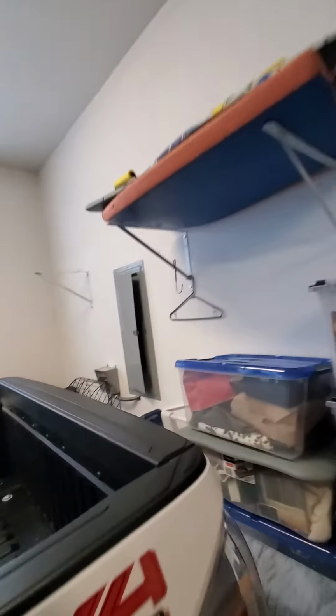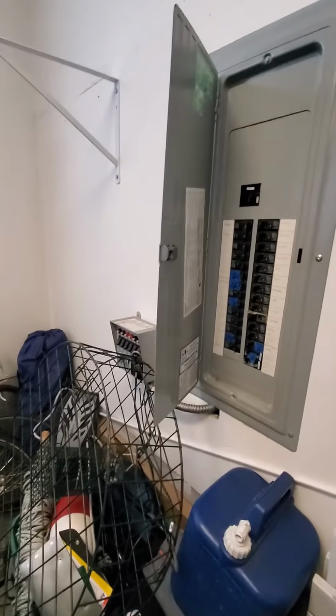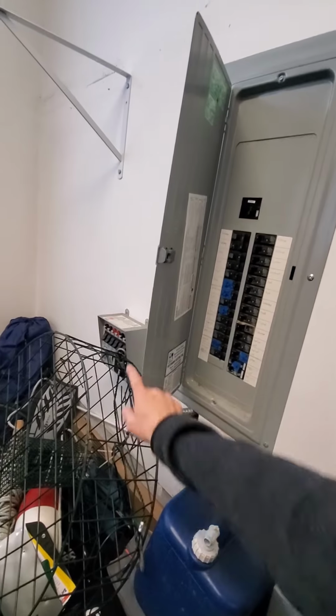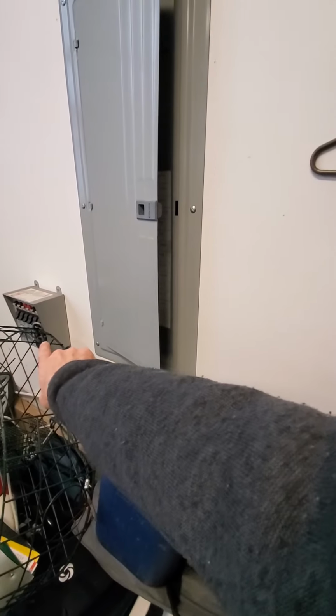The electrical panel is here. I'm going to try and get a peek and see how full it is and how much space you have for additional circuits. And it doesn't look like you've got much. You've got one slot left. That thing is a generator